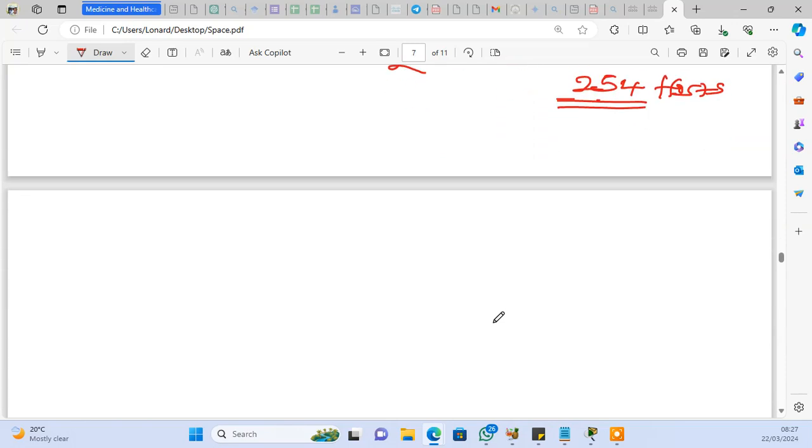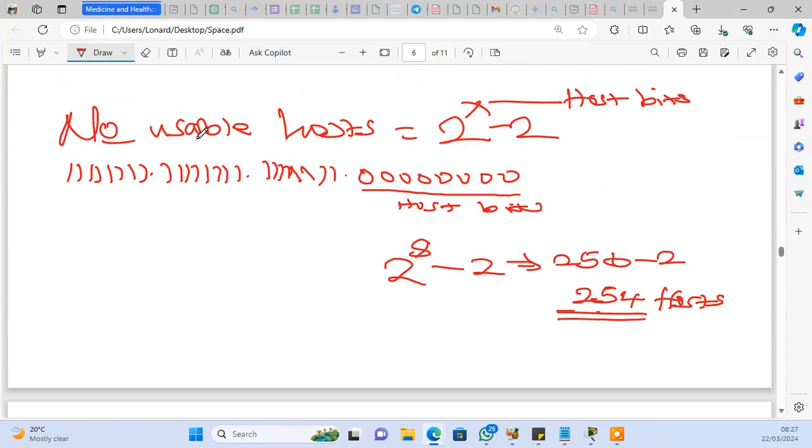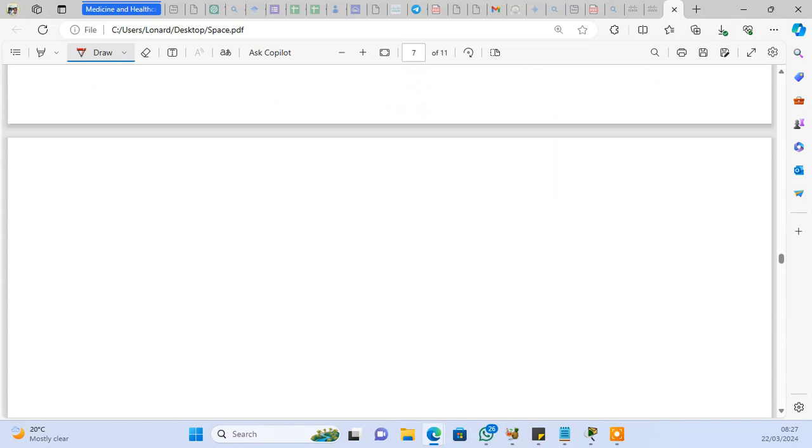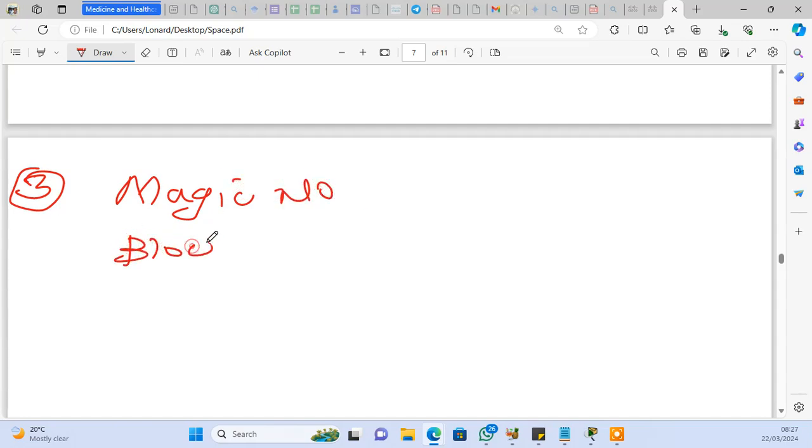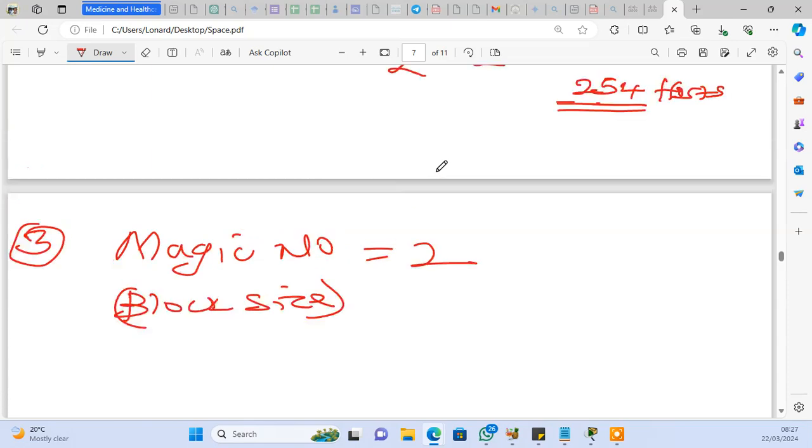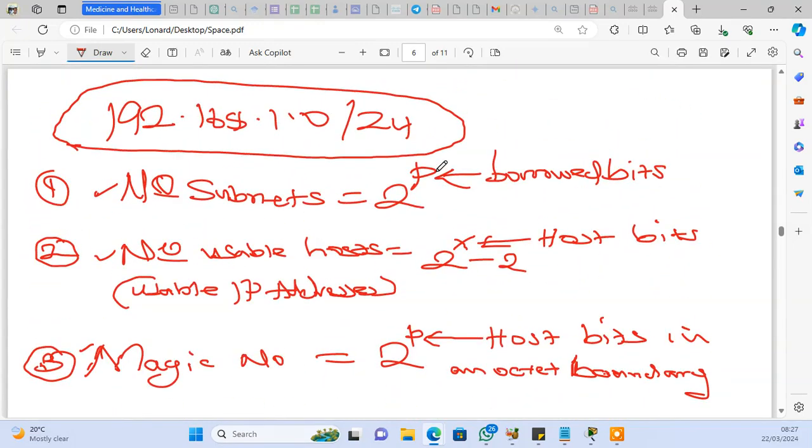And then lastly, because this is second, lastly we have the third formula, which is the magic number, or you can call it a block size, is equal to 2 power what is